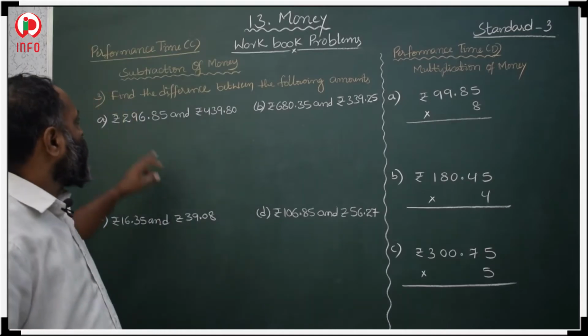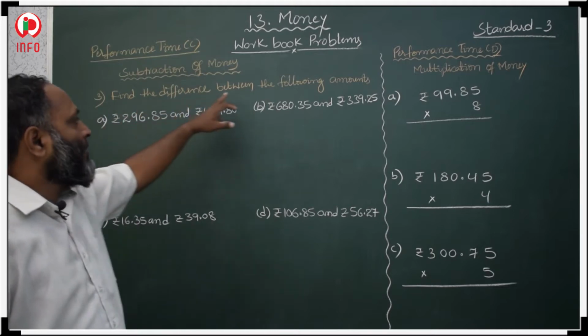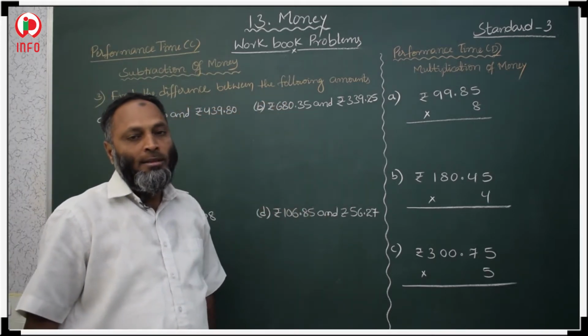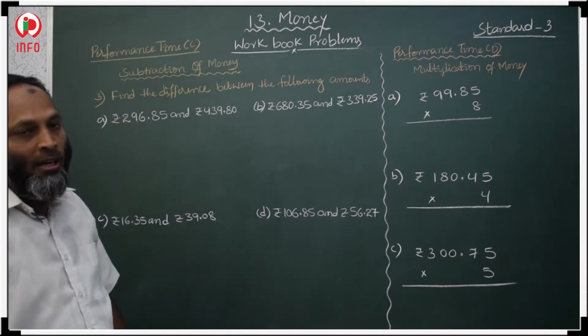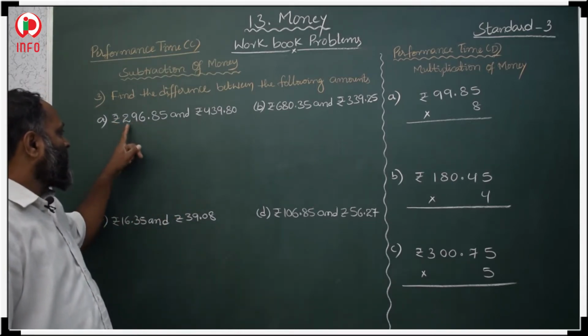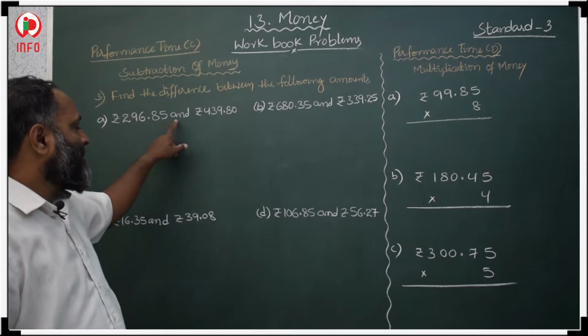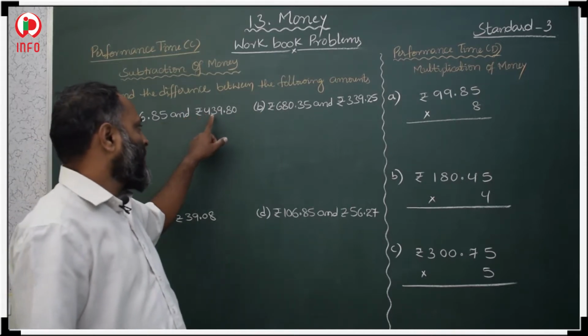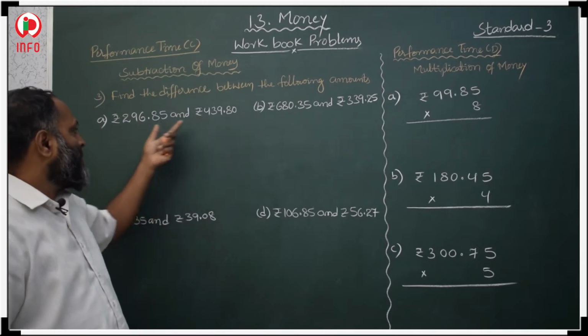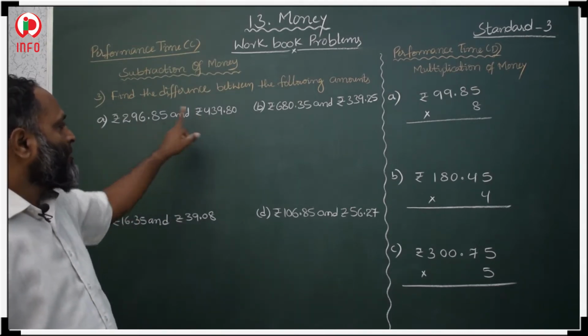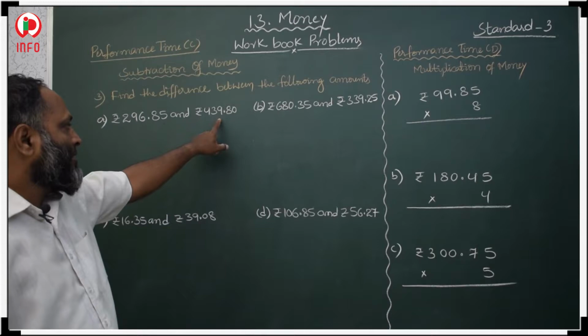So now the students see here, in the third question, find the difference between the following amounts. Some amounts are given, so we should find the difference between the amounts. The first amount is 296 rupees 85 paisa and the second amount is 439 rupees 80 paisa. This is the greater one, this is the least one. From bigger to smaller we should subtract. It means first we should take